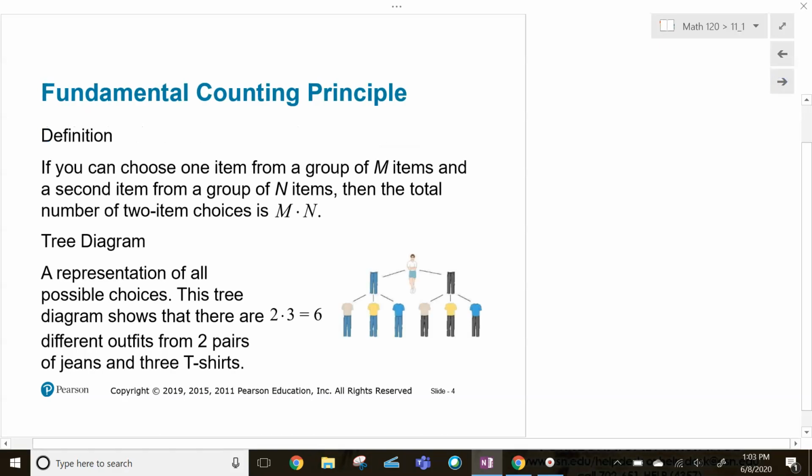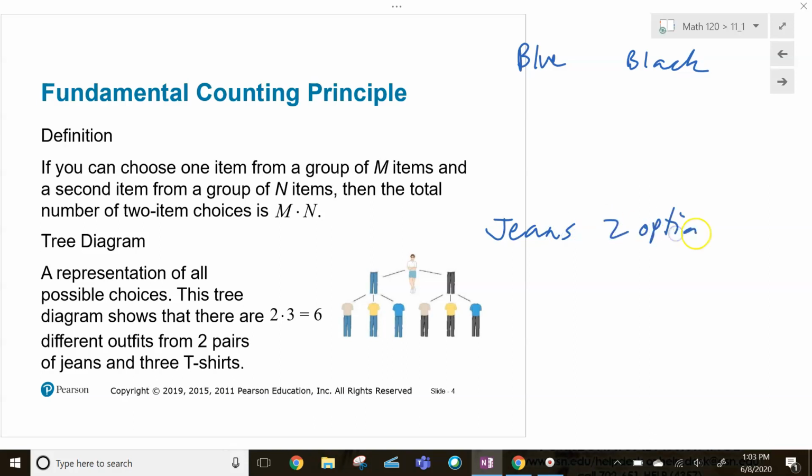So, for example, let's say that someone's going to count the number of possible choices that they have for outfits if they're going to wear either blue jeans or black jeans. So they have two options for jeans. And then for their shirts, let's say they have three shirts, white,